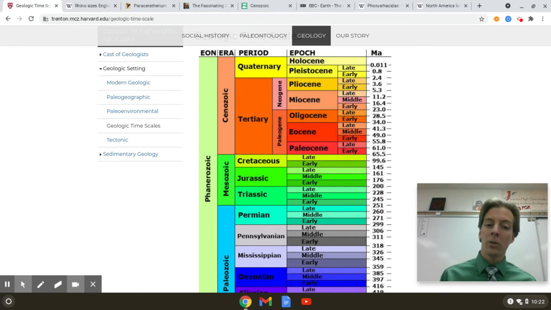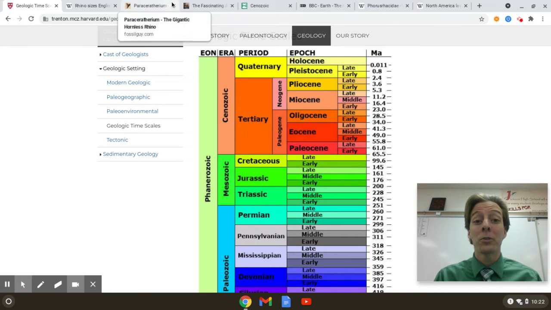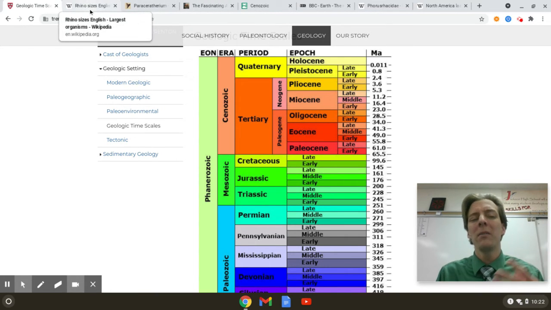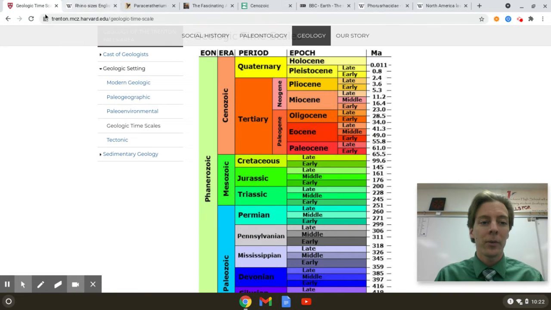So, do you need a long tail? Do you need a short tail? Do you need short or long legs? Can you stand on 2 or 4? What do you need based on your environment? And so the mammals diversify in those 4 major ways. All right. What are some of the mammals? What are just some of the animals that are around? You ready for this? You're going to like this.